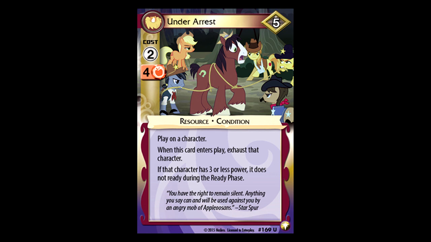Getting onto some less broken cards. Under Arrest is a very simple way to control your opponent's friends. When it enters play, you can exhaust a character, and that character, if it has 3 or less power, doesn't ready during the ready phase, so it still gets its effects, but it's pretty much useless when solving problems